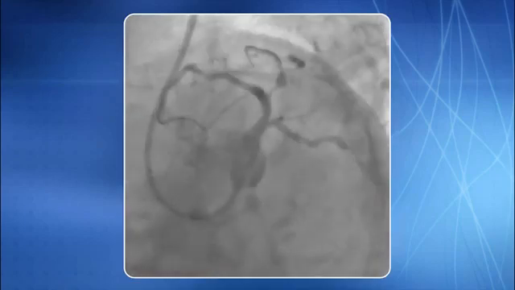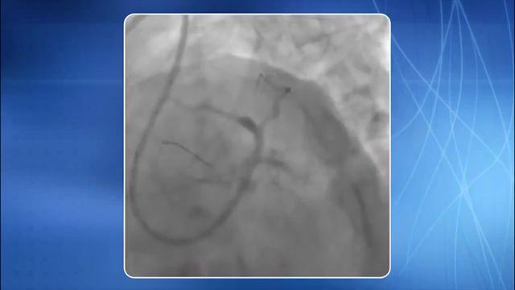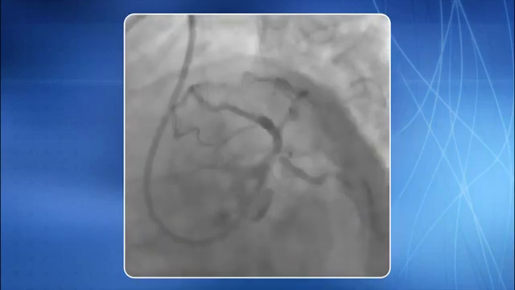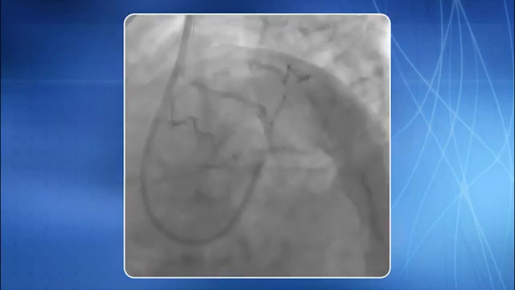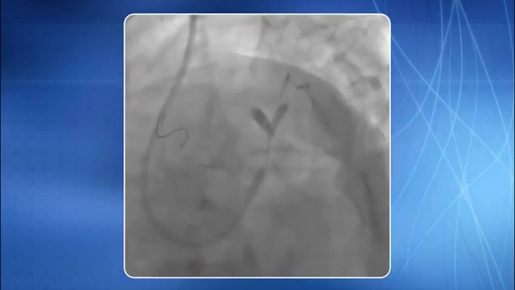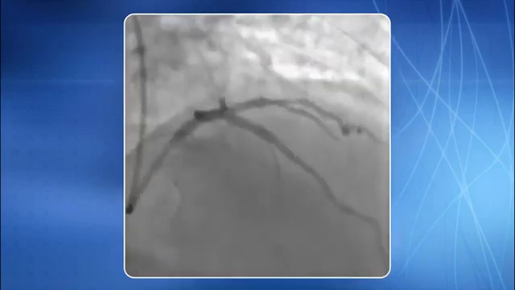The result of LAD stenting was satisfactory. Bifurcation kissing balloon was performed then. You can see significant recoil in the diagonal lesion. Another stent was negotiated through the struts of the LAD stent into the diagonal, covering the recoiling lesion. The stent was deployed. Again the kissing balloon was performed. You can see an optimal result of the provisional T-stenting technique.